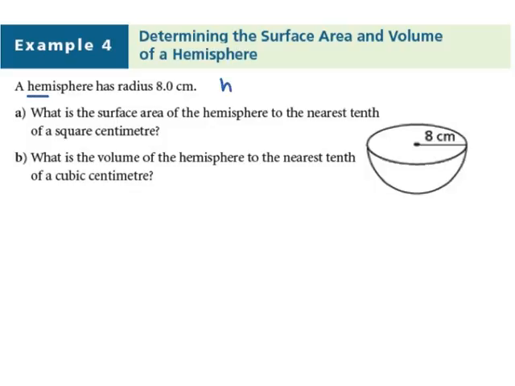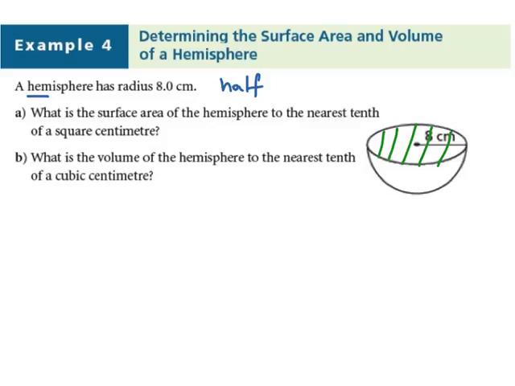of a sphere. However, half of a sphere does not mean that it's half of the surface area of a regular sphere. And the reason for it is because there's a brand new surface area created when you cut the sphere in half. This surface area is this circle in the middle. So in addition to half of the surface area, there's one more piece of surface area that we have to include. That is why the surface area of a hemisphere